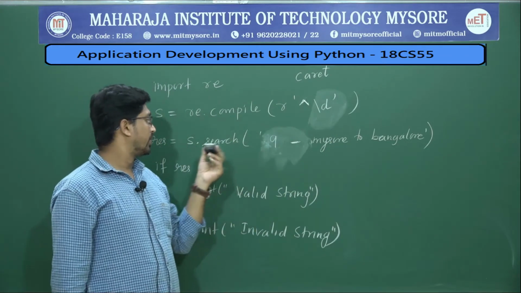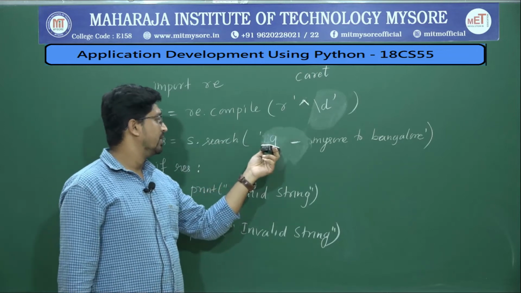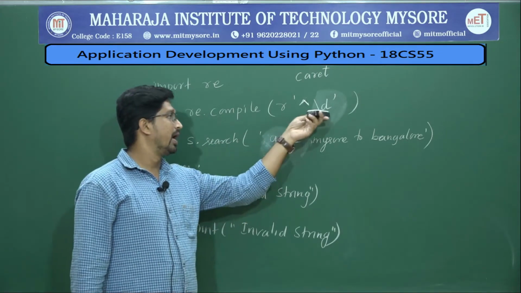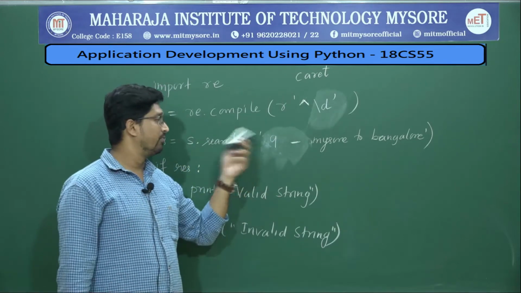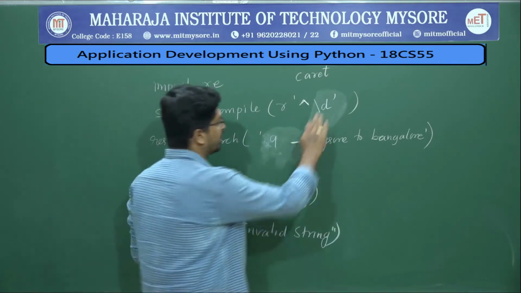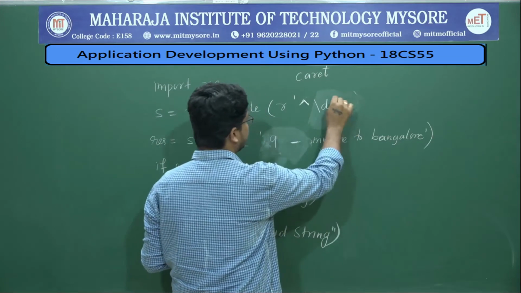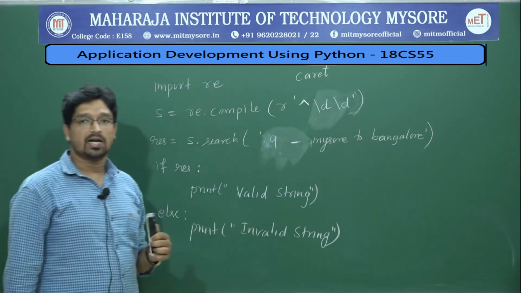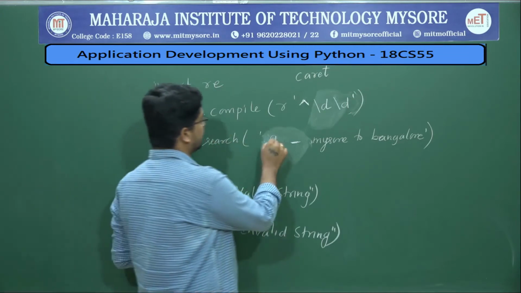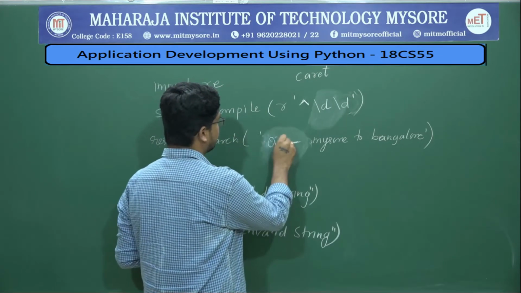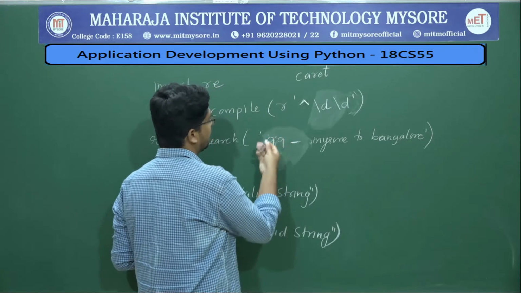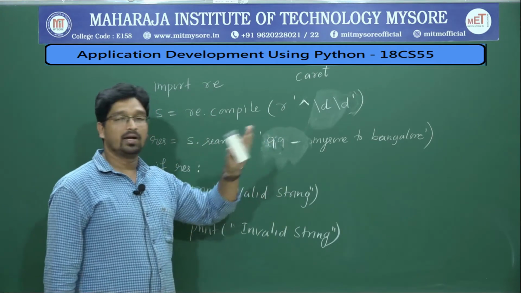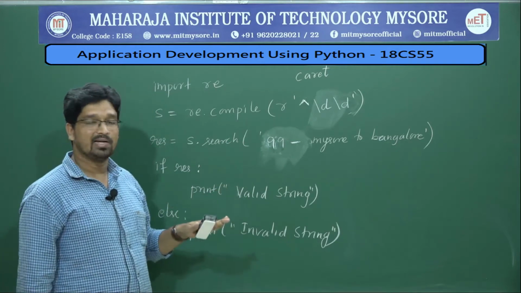Now what Python will do is check whether a sentence is starting with a single digit, because I have written \d. If you want to check whether it starts with 2 digits, you can write \d\d. If the string starts with 09, 99, 45, 61, any 2 digits, then you will get a result, a valid string.